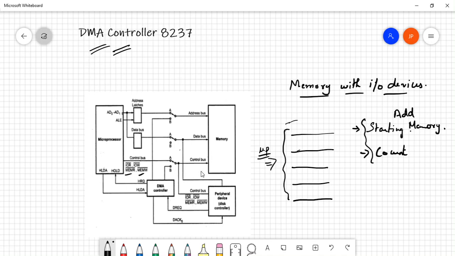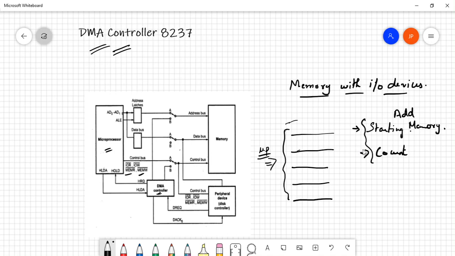These signals are generally produced by the microprocessor. That is the reason why we require a processor to do this process. But the DMA controller is designed to give these particular signals of memory read, memory write, IO read and IO write, so it can directly give these signals. The only requirement is that it will require the bus, the data bus, in order to do all these transfers. So the system bus should be in the hands of the DMA controller. That is the only drawback over here.